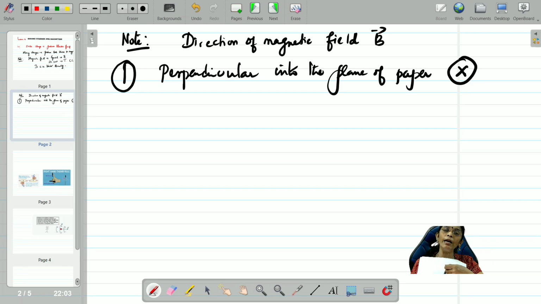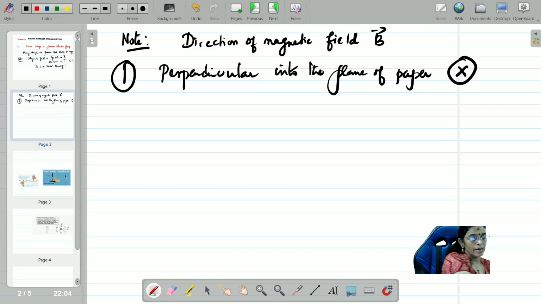Perpendicular outside the plane of the paper, then how do you keep? Like this. This is perpendicular outside the plane of the paper. It has to come outside. If it is going to be my notebook, you keep it like this. In this, perpendicular into the plane of the paper. Look at the nib of the pen. It is going inwards. So therefore, it is called perpendicular into the plane of the paper, which is negative z axis. If I put it like that, perpendicular outside the plane of the paper, positive z axis.